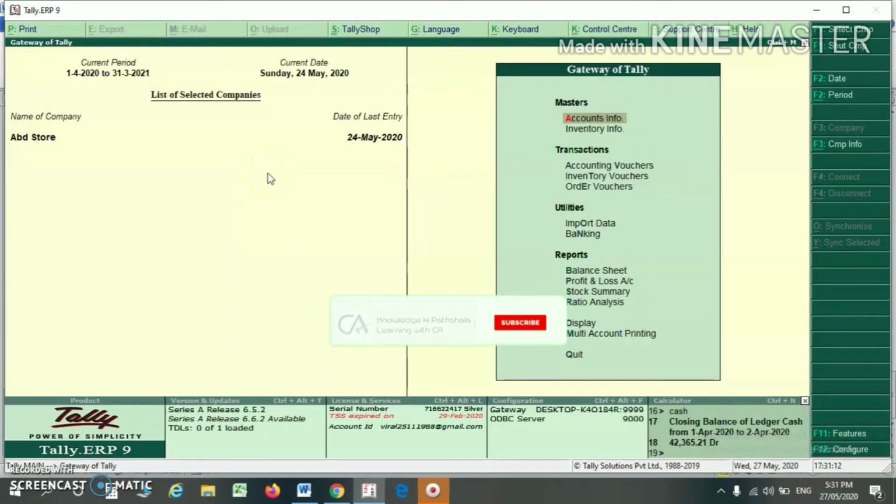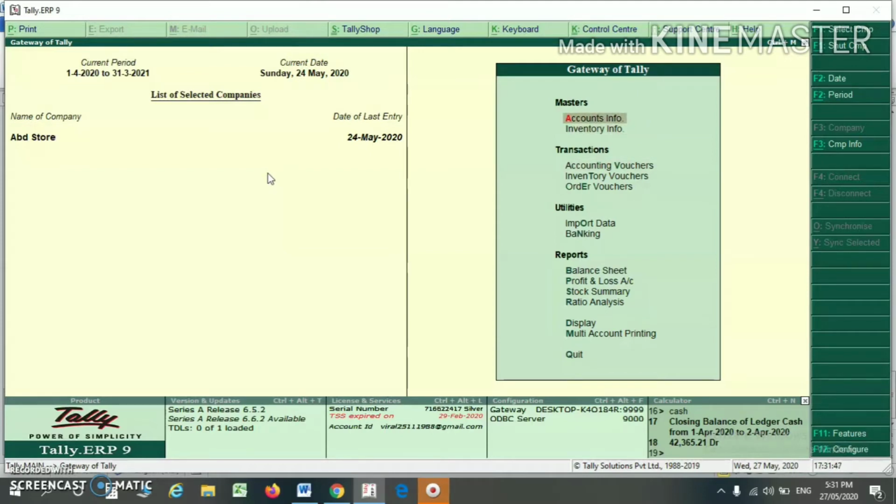Hello friends, in this video we are going to discuss the various security features in your Tally ERP9 software. If many persons are using the accounting software and you want to use some security feature by way of which the data entry person will only do the data entry, he cannot alter or delete anything from your Tally ERP9. He cannot see the various reports. Then you can also configure such by using the security features. Let us start how it can be worked.